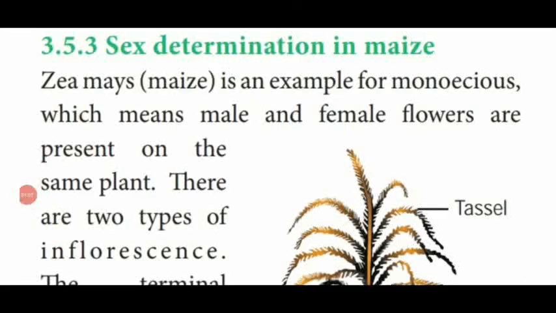Dear students, these are the different examples in plants showing multiple alleles: sex determination in maize plant and self-sterility in Nicotiana. Both of them are important book-back 5-mark questions. For the second one, sex determination in maize, the answer starts from Zea mays and ends with the table column showing the sex determination in plants. Dear students, I hope you have all understood what multiple alleles are, the characters of multiple alleles, self-sterility in Nicotiana and sex determination in maize plant.